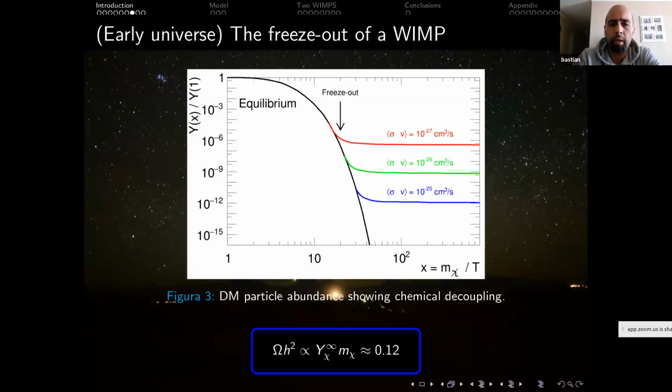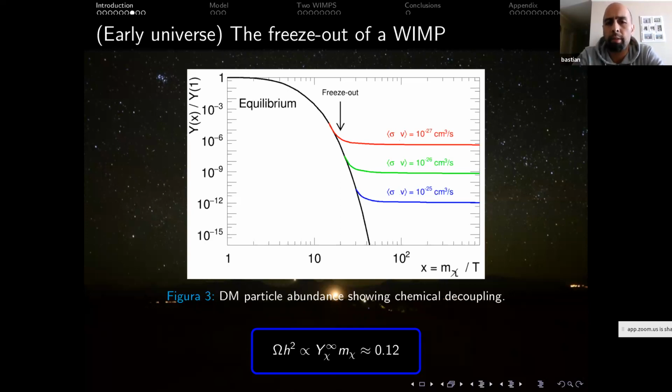You get the typical behavior for the solution. X parameterizes the moment in which the temperature is equal to the mass of the particle, and goes to lower temperatures as X increases, so time is going to the right. As you can see, the black curve here represents the equilibrium